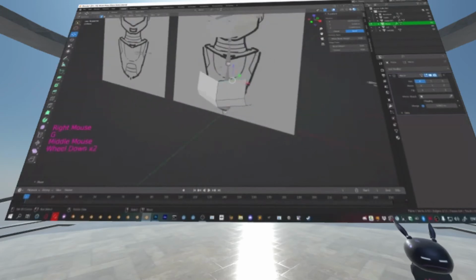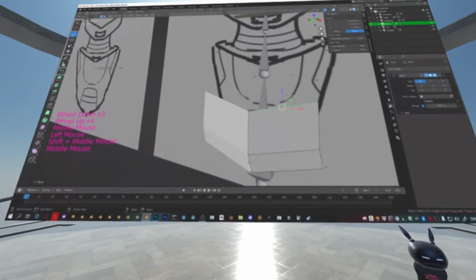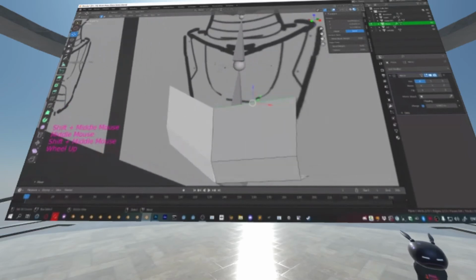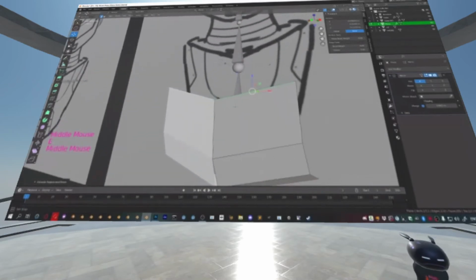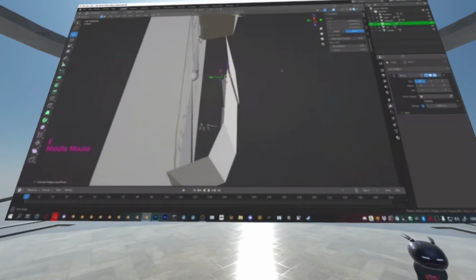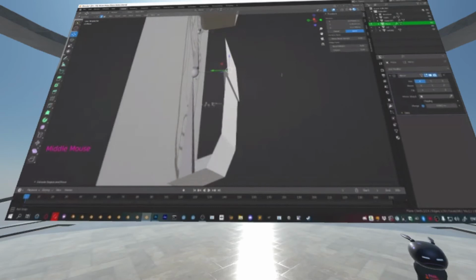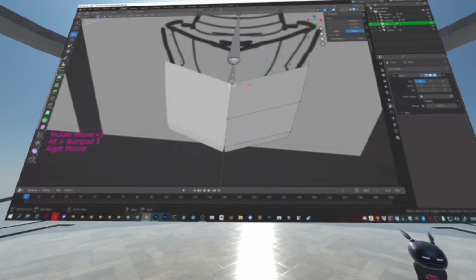So if I wanted to build this kind of front plate that I have here, I'd actually push this forward here like that and then upwards. So now I have that little corner that comes out. You will have to neaten this out a bit by just selecting down the middle,